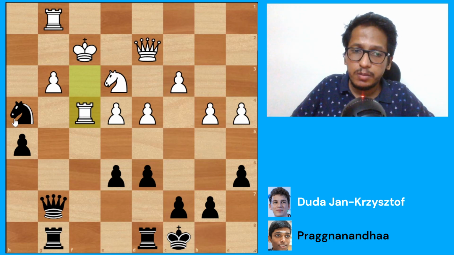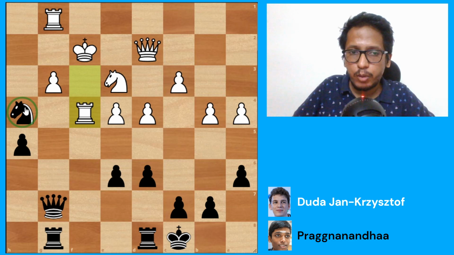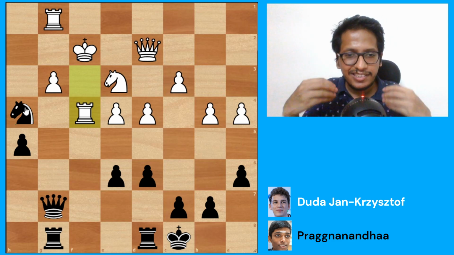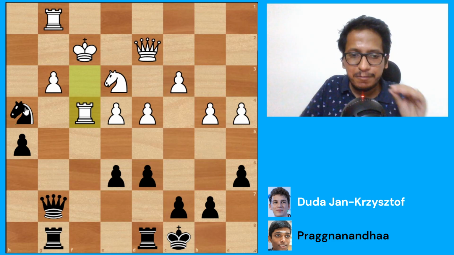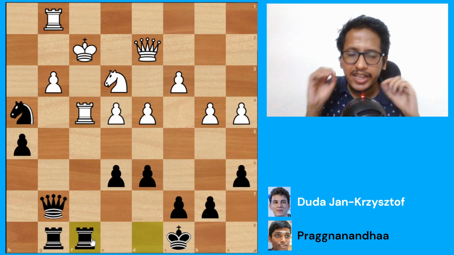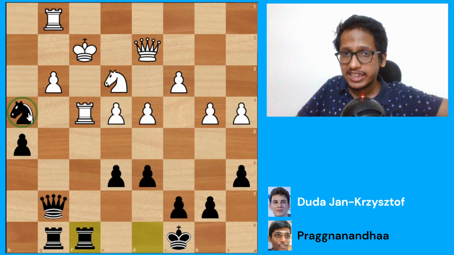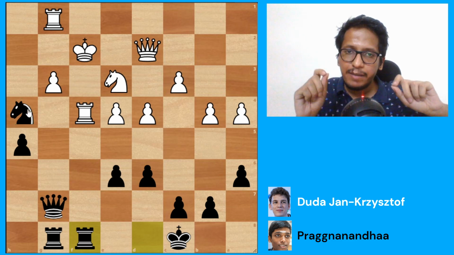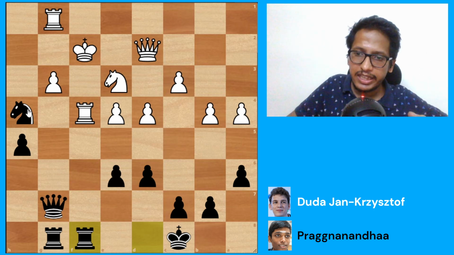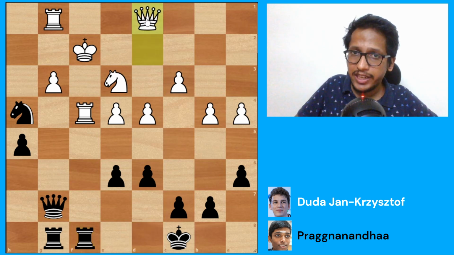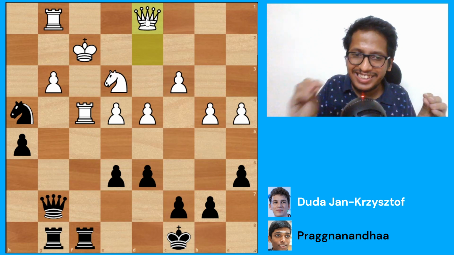If you think you can move the knight, yeah, it is possible, but you're not thinking like a top player here. Pragg here played the move rook f8. Very nice move. Pragg says, I want the knight to stay there because as long as the knight is here, it is creating some threats in the position. I'm not going to move it, but I'm going to bring my inactive piece into the attack. So rook f8 played, queen d1,